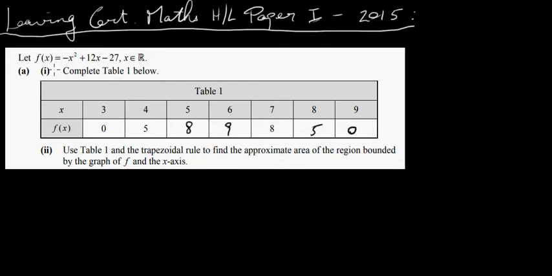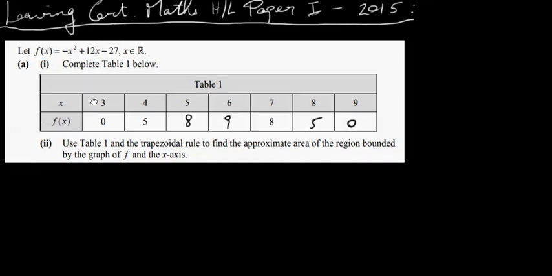quadratic function here. We have f of x is equal to minus x squared plus 12x minus 27, where x is an element of R. And I've actually completed the table here, but we were given this y value here, this y value here, and this 8 here. We weren't given these ones here that I've written in. But I'll just show you how I got one or two of them,